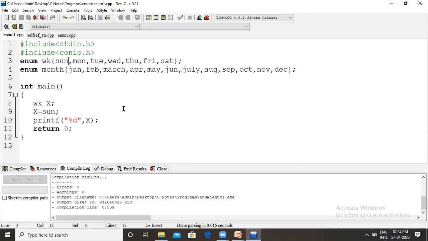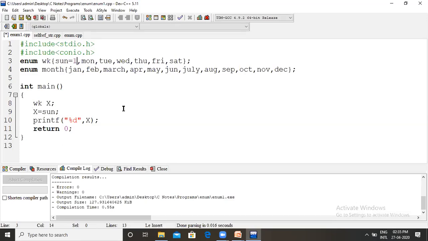Initially, here you are not finding any numerical values, so that's why the first field of the week is assigned with 0. If we are not assigning any value, by default it is assigned with 0. If we assign any value, then from there onwards the sequence numbers start from 1. Monday will be 2, Saturday will be 6.